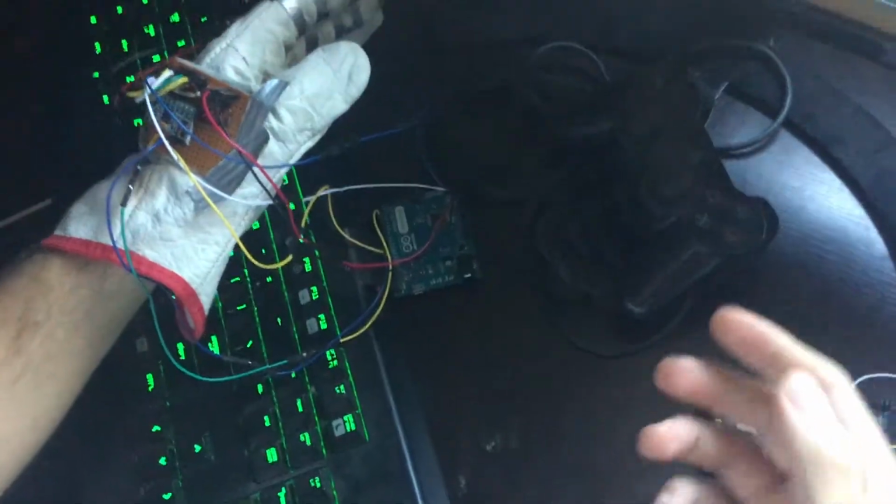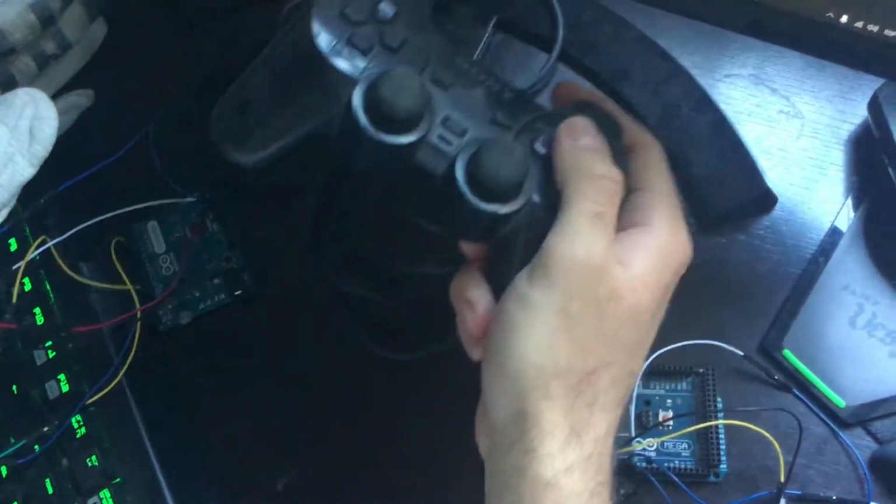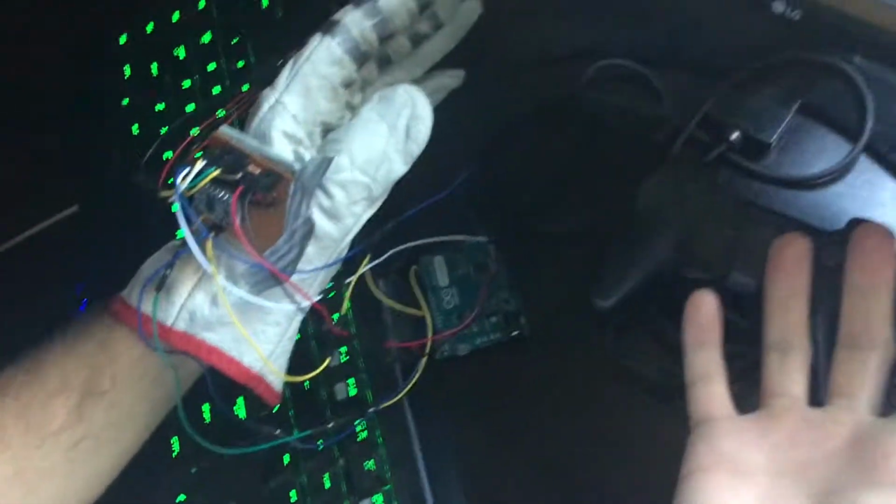You know what's the problem with all these normal controllers? Is that they are not intuitive enough. Why would I want to press keys when I already have everything that I need right here, in my